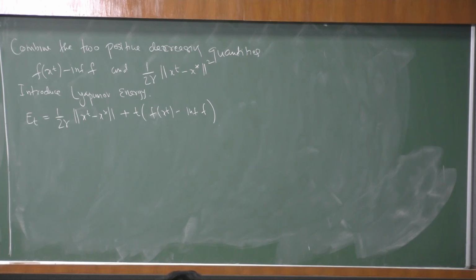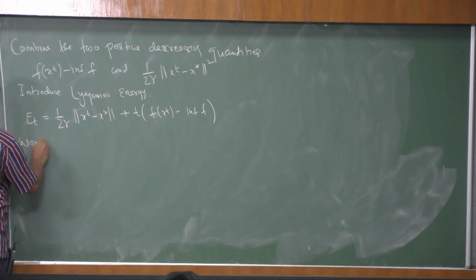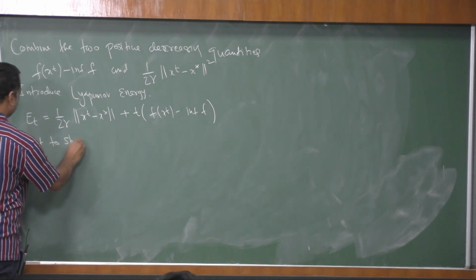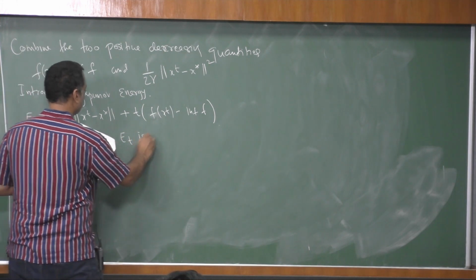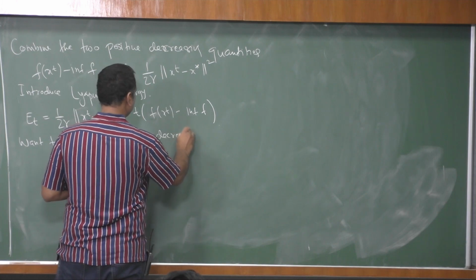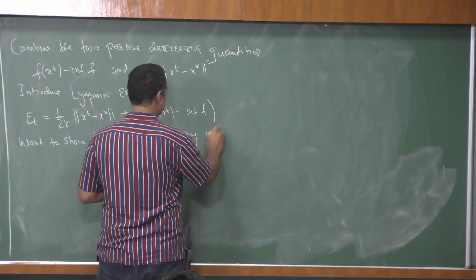And what we will show as an end result is that both are decreasing. Individually they are decreasing anyway, right? That's what we have proved, and we have combined both, and we are saying that both are decreasing. So to show that ET is decreasing with time,